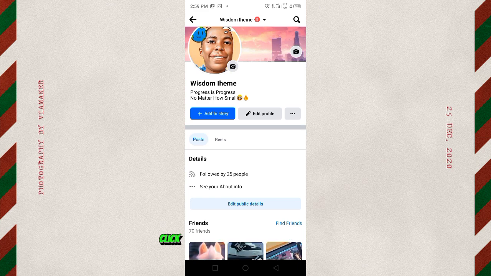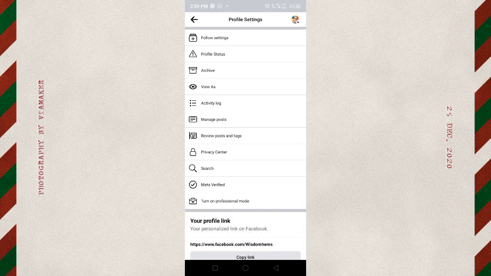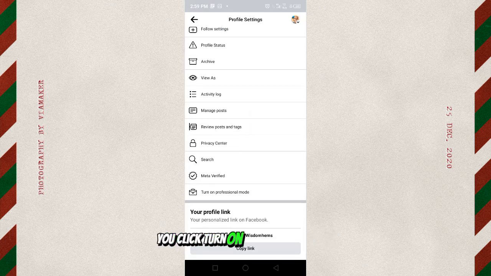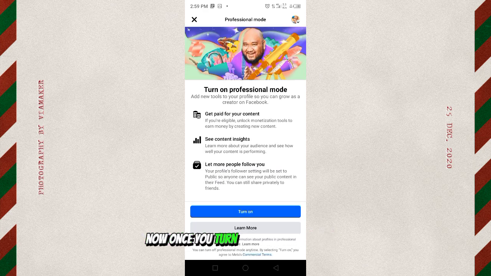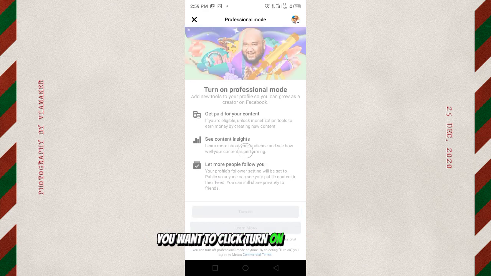Now scroll down, click these three dots at the right side. Now once you scroll down, you click turn on professional mode. Now once you turn on professional mode, you want to click turn on at the bottom. Now once you click turn on, you wait,